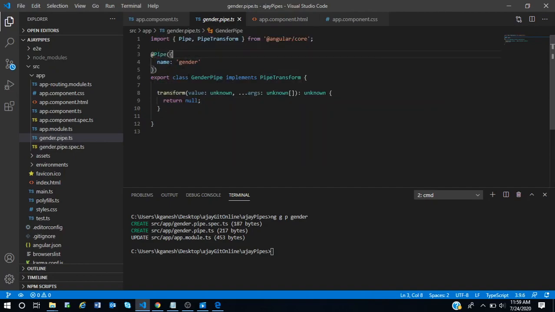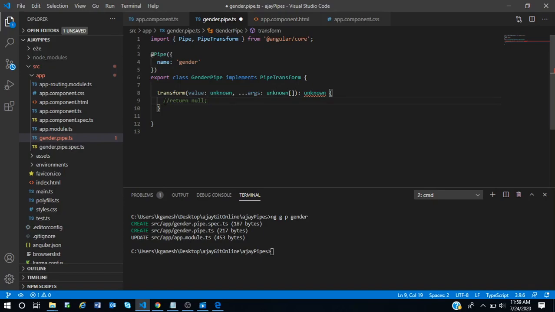By default, all the classes in Angular have decorators, which are used to distinguish between pipes, components, and modules. Decorators are very important. So what is in the pipe? Angular produces boilerplate, so you don't need to worry about all the code. You just need to write your logic in the transform section.